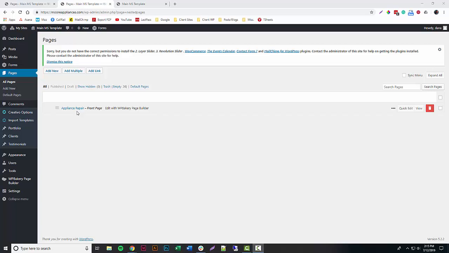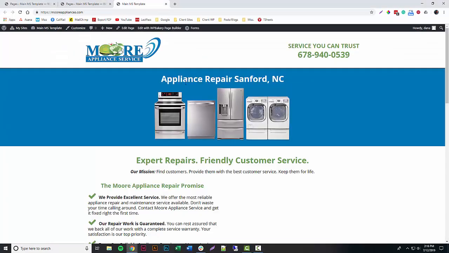So there's going to be a separate page for Whirlpool repair, Bosch repair, Maytag repair, refrigerator repair, oven repair. It usually ends up being about, I want to say 20 pages or so, just depending. And all you have to do is clone this front page, and then you're going to replace just this right here. Instead of appliance repair, Sanford, you're going to have it say Whirlpool repair or Maytag repair or refrigerator repair,